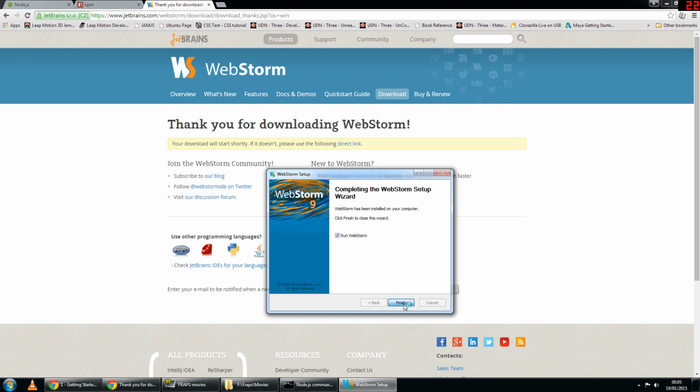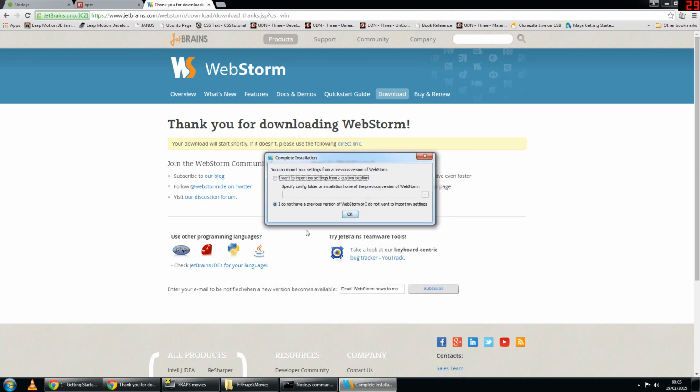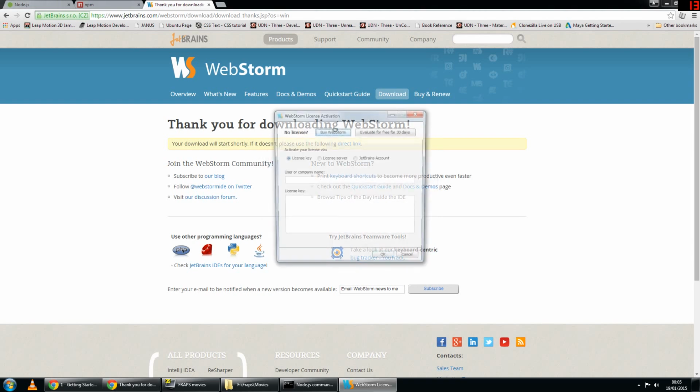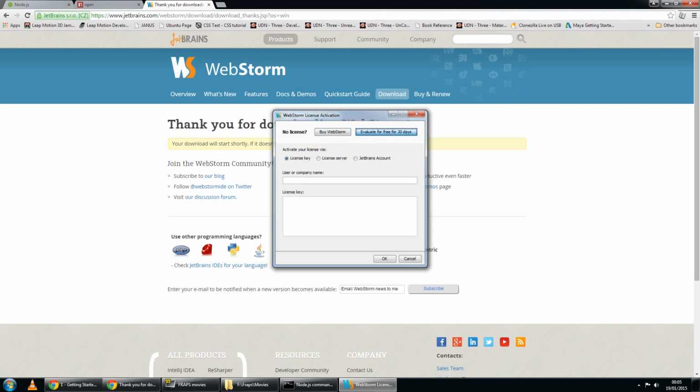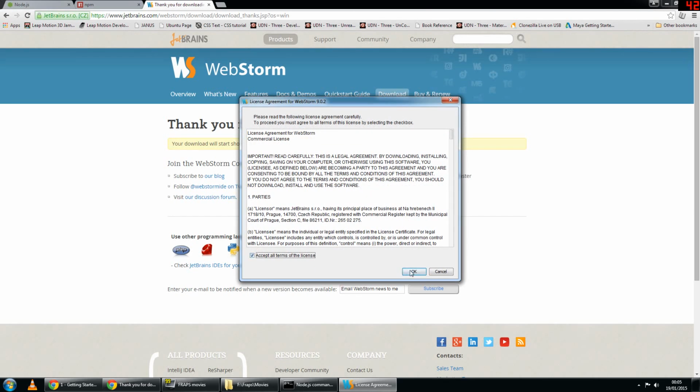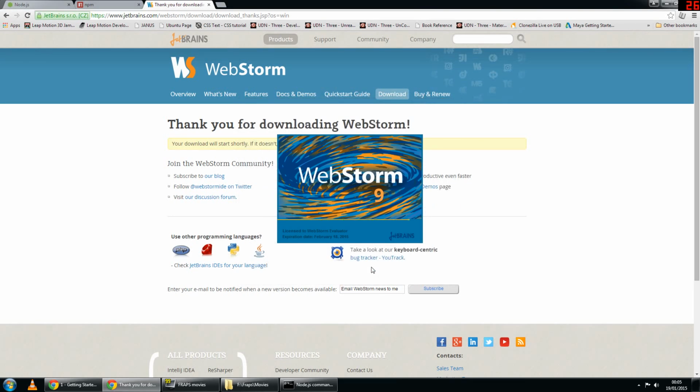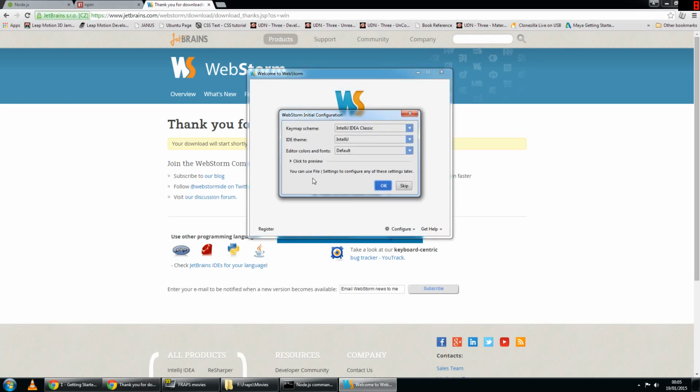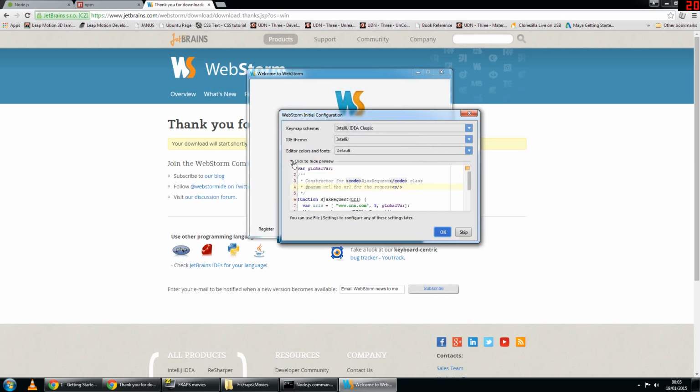Okay, and let's run it. And I have installed this before, but I've tried to wipe everything, so I'll just say that I will not import any settings. Okay, and I'm going to go for the 30-day trial. Accept the license agreement. And then you can just accept this. This just allows you to change the style,